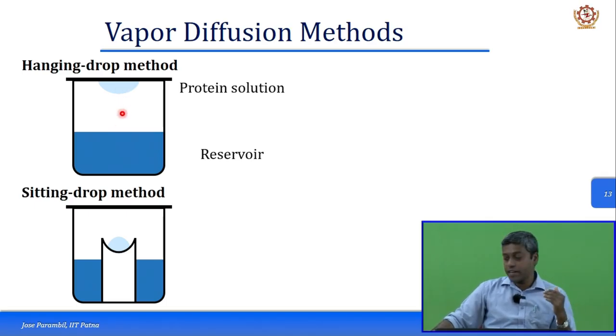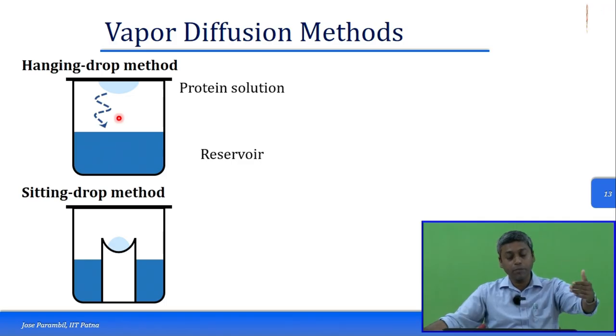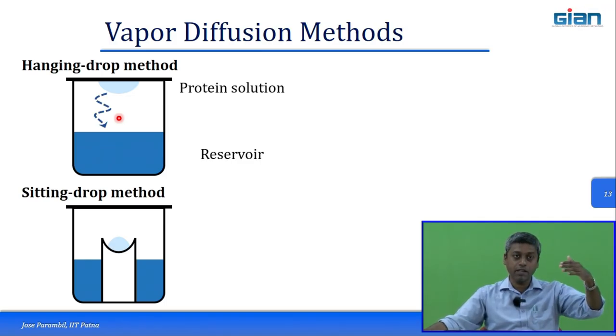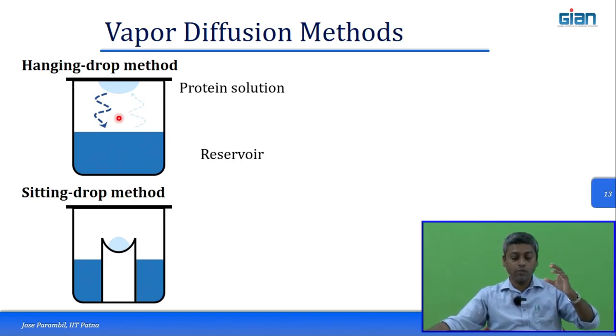Water would start evaporating and moving. There would be a net movement of water from the protein solution, which is upstairs on the top, to the bottom reservoir. Simultaneously, there would also be a movement of water from the reservoir to the protein solution, but